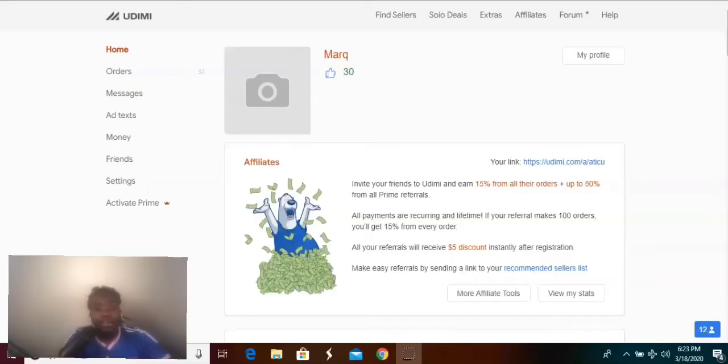Alright guys, so here is the back office of Udimi. You get a back office with everything that you sign up with and join with. You just have to learn how to navigate through the back office. But mainly this is simple, this is easy. So again, this allows you to buy clicks that could go directly to your website, your online business, to help